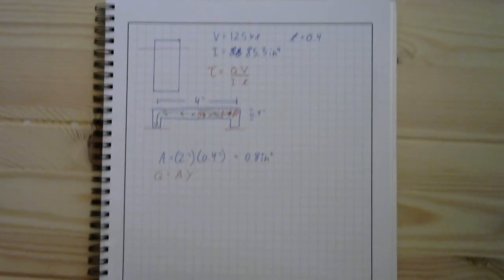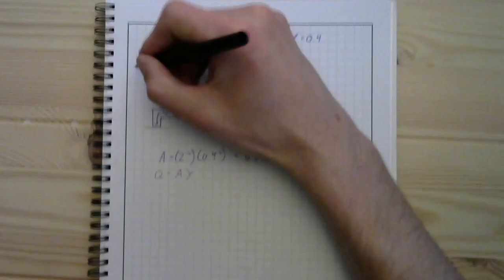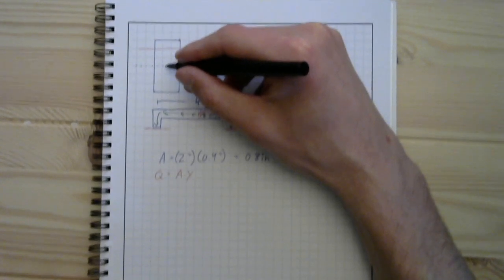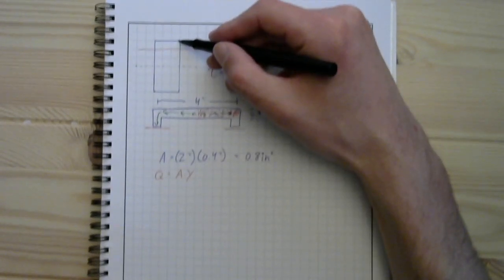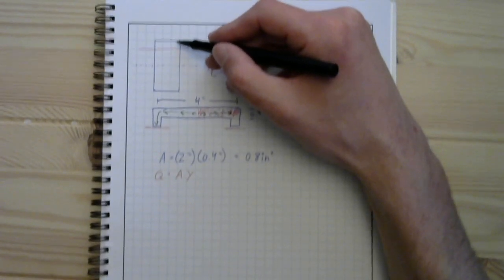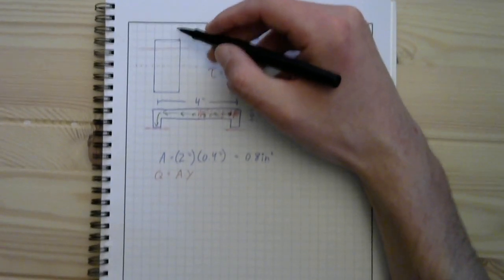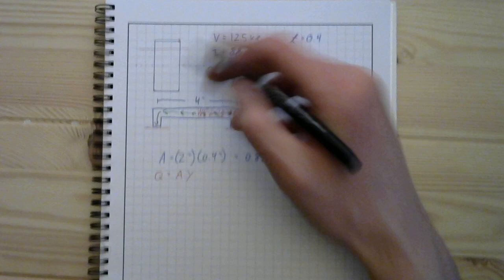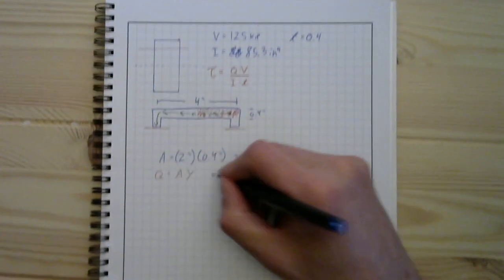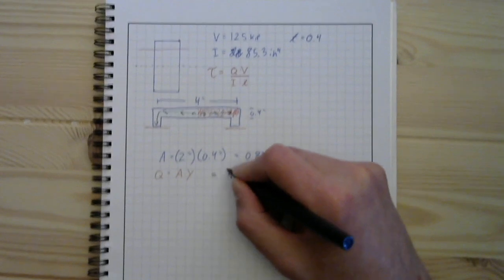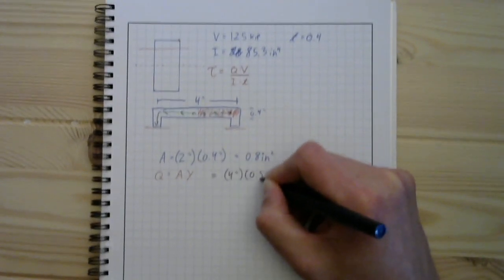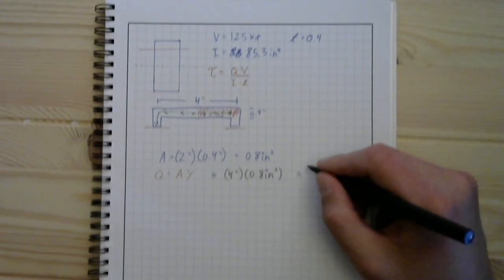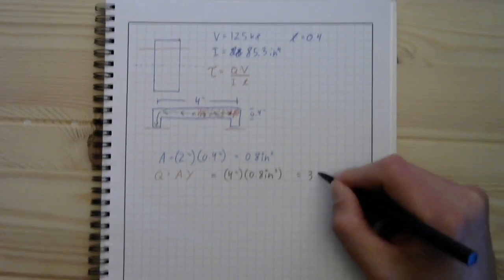Y is the distance from the centroid of the total shape, which in this case is going to be right there at 4 inches, and up to the location, the centroid of the area that we're looking at. Well, that's pretty lucky for us, because all of this has a centroid that's obviously at 4 inches. So this is going to equal 4 inches for our lever arm times 0.8 inches squared, and that's going to give us 3.2